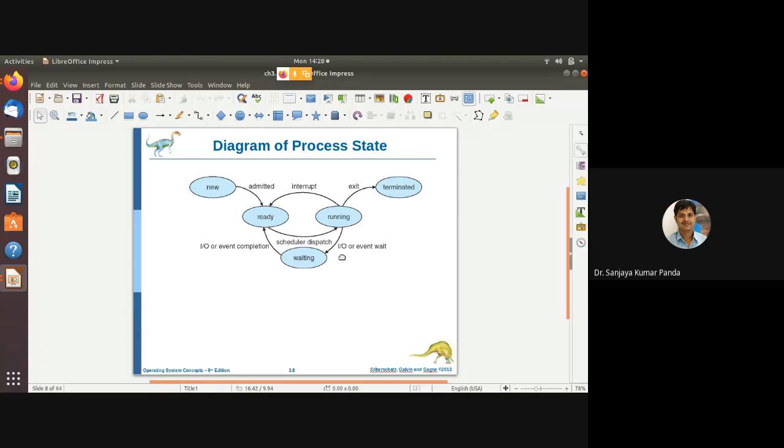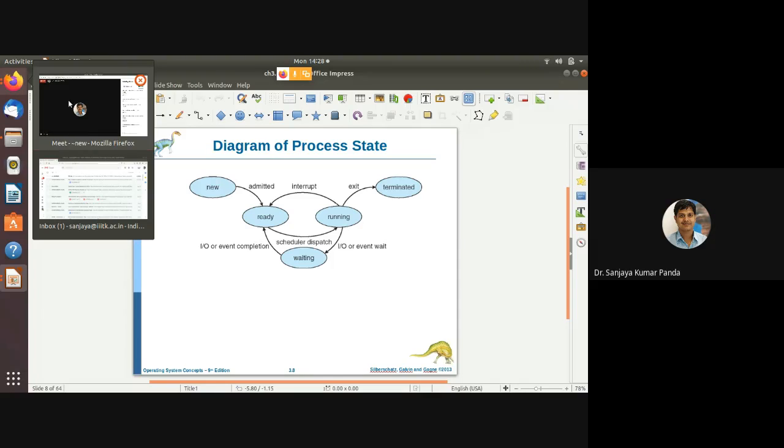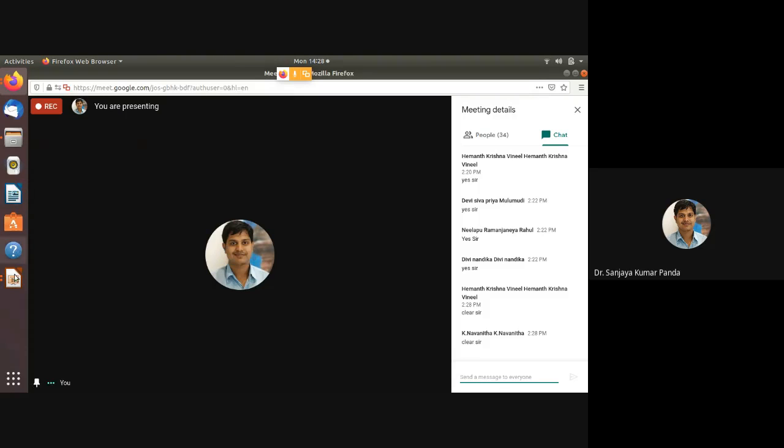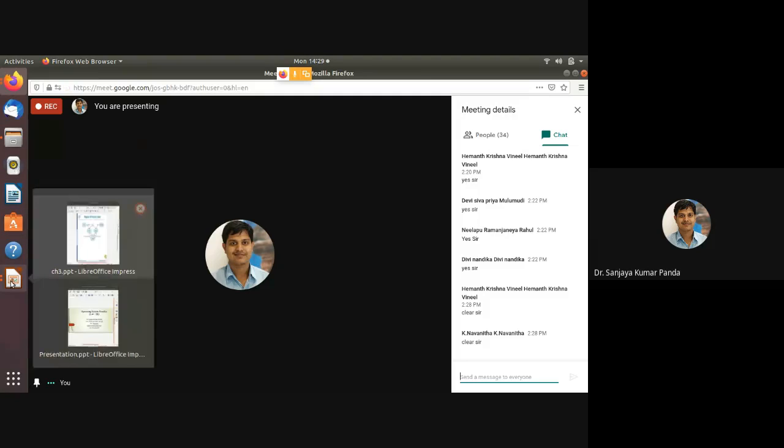For example, in an addition of 2 numbers program, you require 2 inputs, so you may go to the waiting state, again come to the ready state, go to the running state. If your job is done, then you go to the terminate state. So this is the overall view of a process.